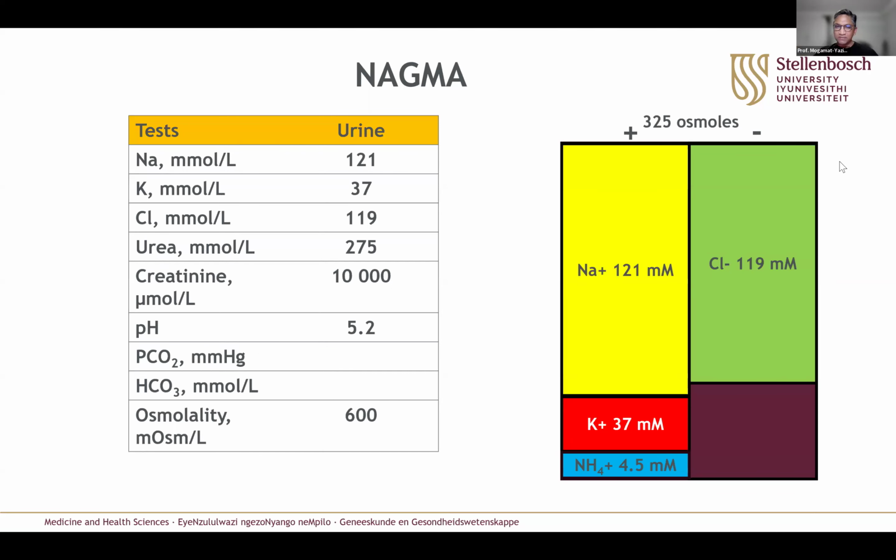Maybe I didn't say it in the talk, but the anion gap tells you two things. If the anion gap is increased, it means that the mechanism for how the acidosis developed is due to an acid gain. Lactic acidosis, ketoacidosis, toxic alcohol poisonings, and so forth. If the anion gap remains normal, in other words, it hasn't increased, it tells you that there's bicarb loss from the body. So a normal anion gap indicates bicarb loss.